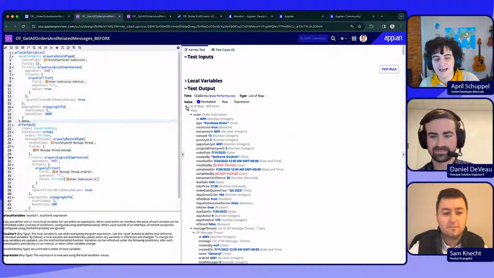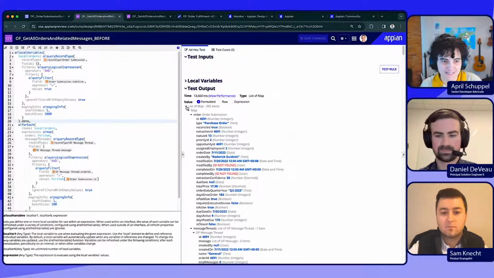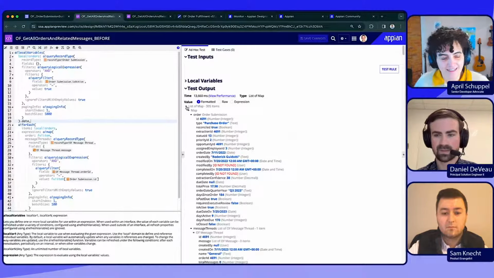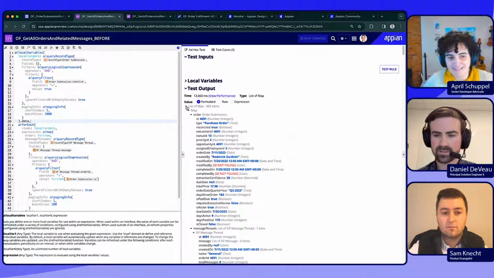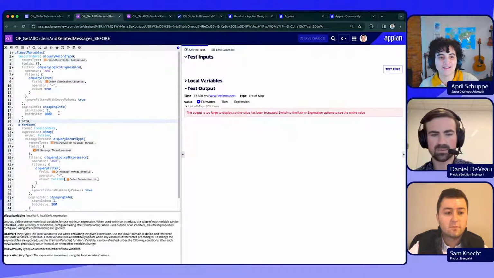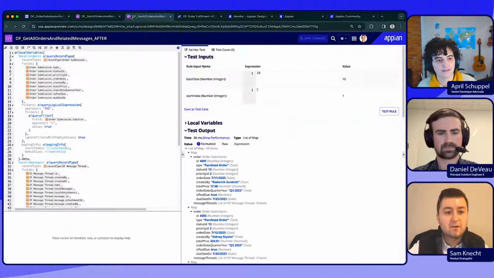Yeah. Any other notes on the kind of looping aspect of it, or should we just jump in and see the after Sam's cleaned it up a bit? I mean, I think the batch size is an interesting thing. Is that something we wanted to tackle? You had another example for Sam, or can we tackle that now? Yeah, that's right. So I kind of have this after,